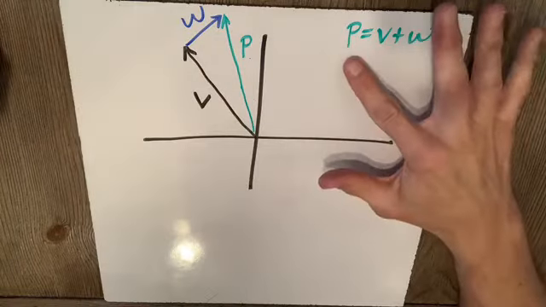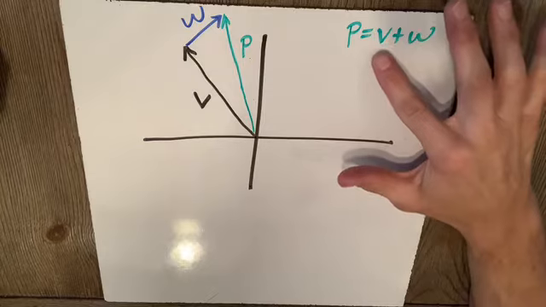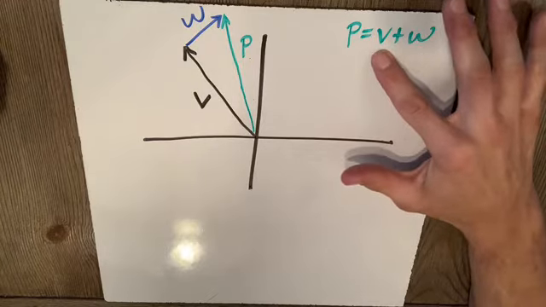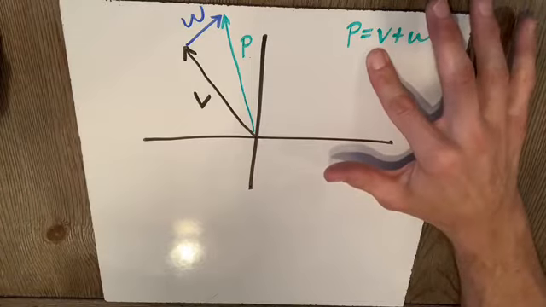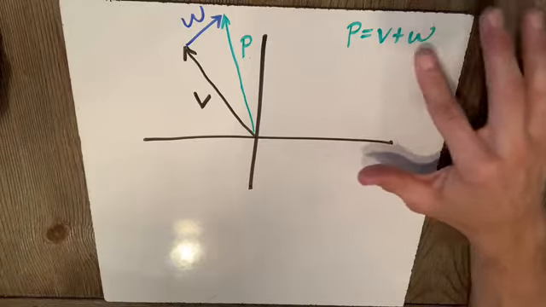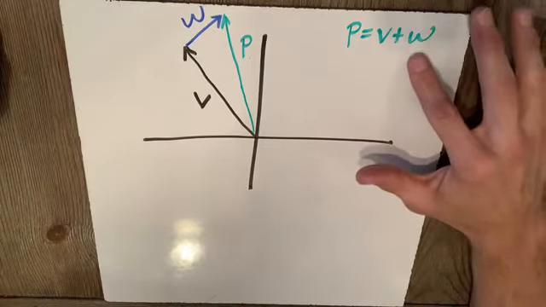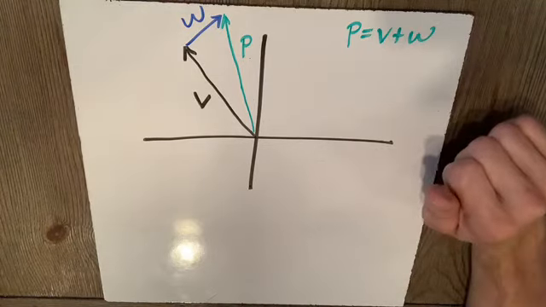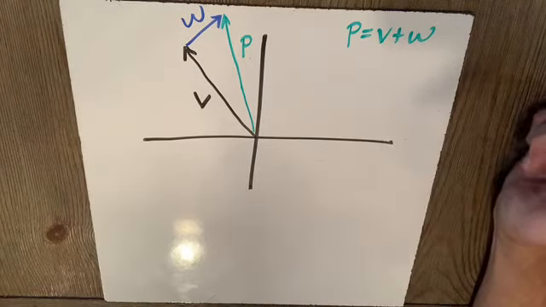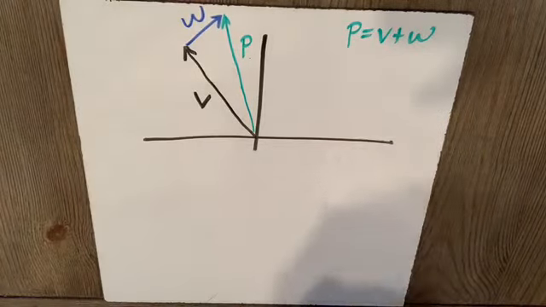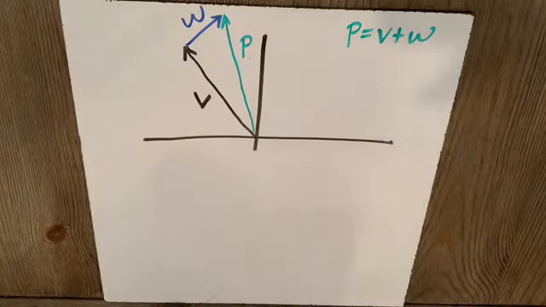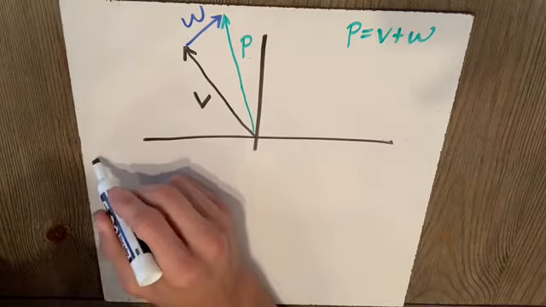The plane is equal to the plane's intention in a windless environment plus the wind. We're adding vectors. The plane has speed and direction, or magnitude and direction, and the wind has magnitude and direction. So that's why I'm treating these as vectors. They both have magnitudes and directions. So let's make a roster. We know that the plane's original intent was V,